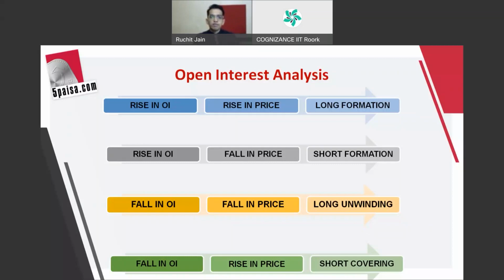Now the third one which we can see: if open interest is reduced and prices are also going down, that is called long unwinding. It means long positions are getting squared off; those who formed long positions earlier are squaring off their positions. And if price is going up and OI is going down, that is called short covering. Short covering means those who formed short positions are squaring off their positions because they do not expect a further fall in their stock or market, right? So this is how you do futures open interest analysis.